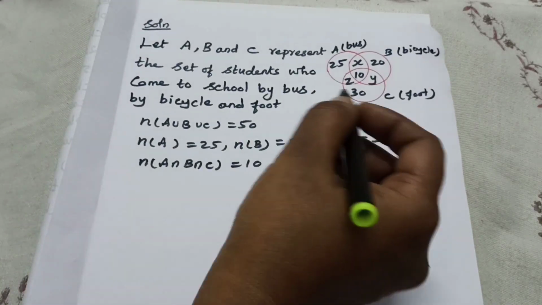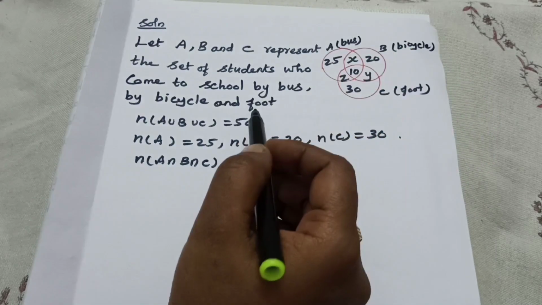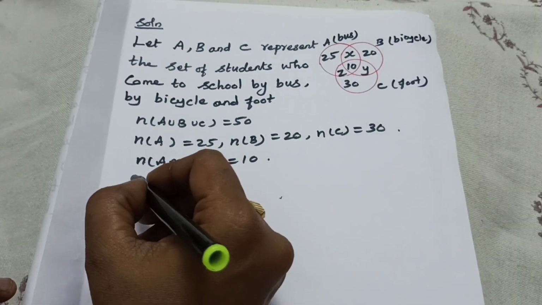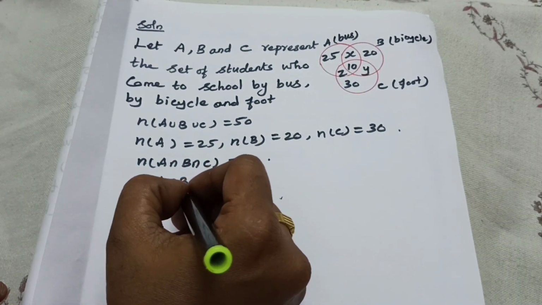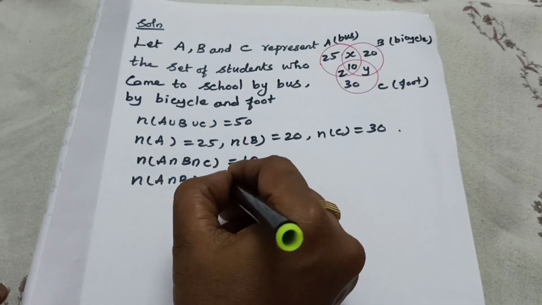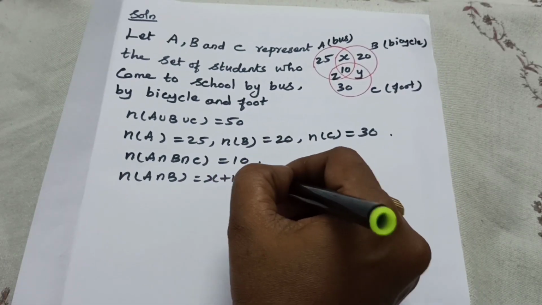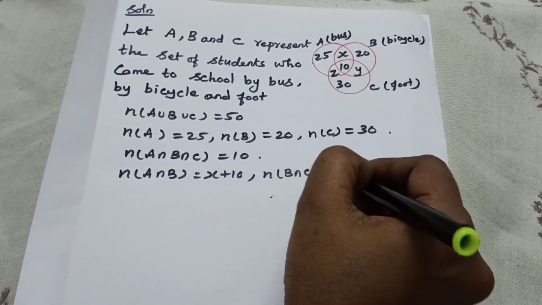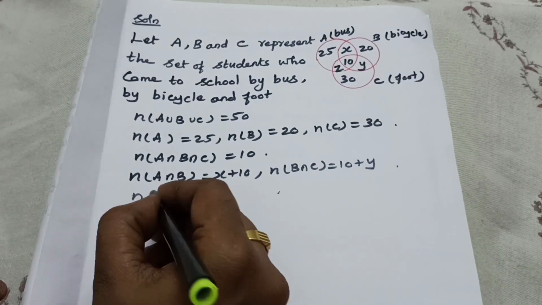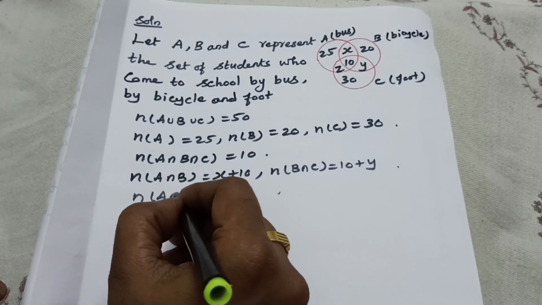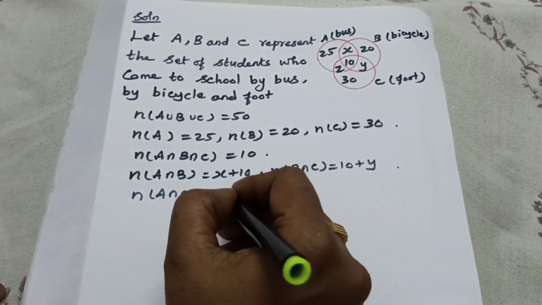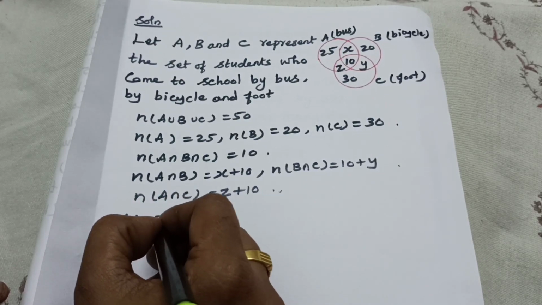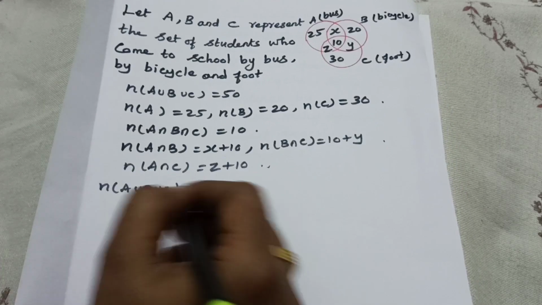Okay, and then here A intersection B. A intersection B means this whole region will come, X plus 10, isn't it? N of A intersection B is X plus 10. Then N of B intersection C is 10 plus Y. Then N of A intersection C is Z plus 10. Okay, our formula is N of A union B union C is equal to,